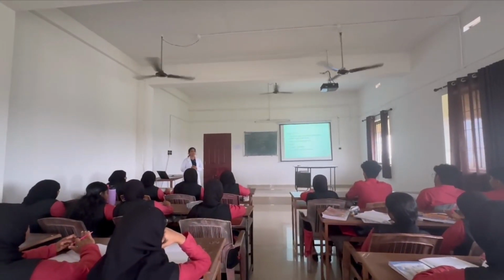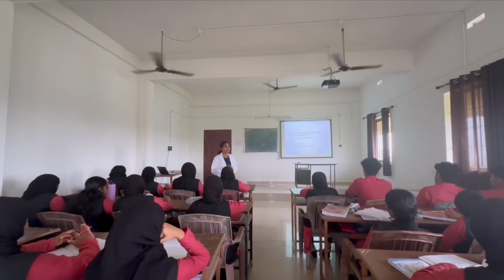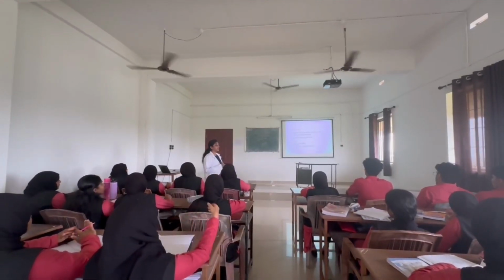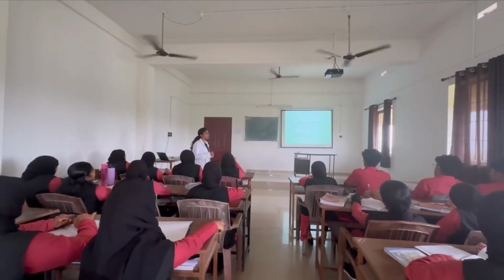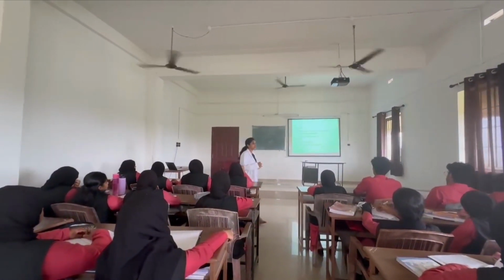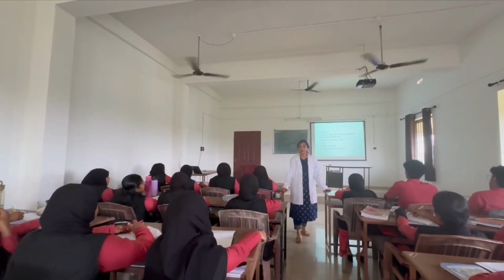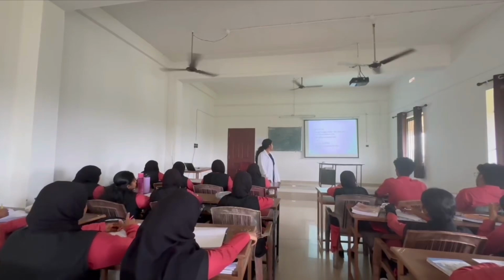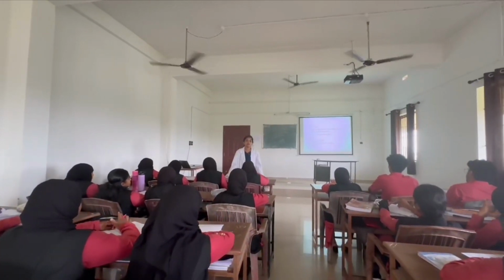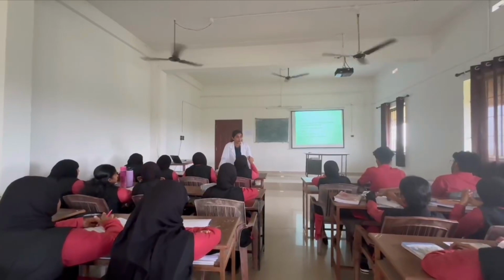And the next is pH. What is the normal urine pH? 5.5 to 7.5 is the normal urine pH. When is low pH mainly seen? In a high protein diet, and also in acidosis conditions. High protein diet mainly gives a low pH.